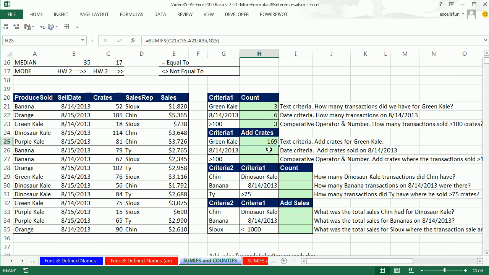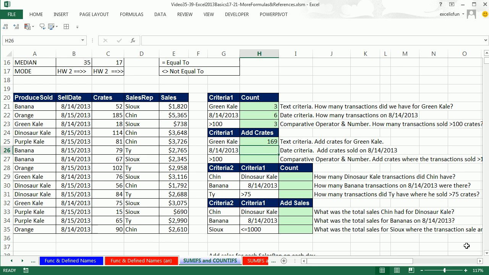And so that's a lot easier than having to do it manually. Not only are we going to avoid errors because maybe our eyes missed some green kale, but for a huge data set, blistering fast. If we did it by hand, it would be horrible. Now we're going to do the same thing. We're adding crates, adding numbers from this column for all of the dates we find in this column that are